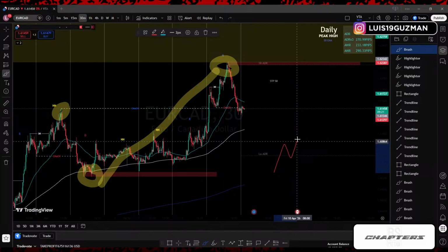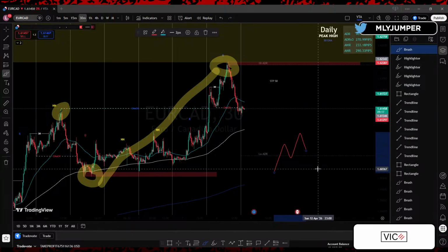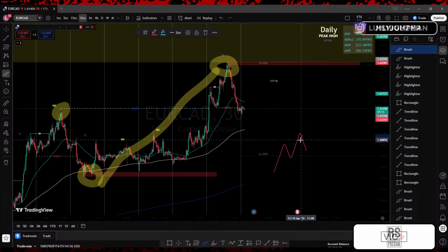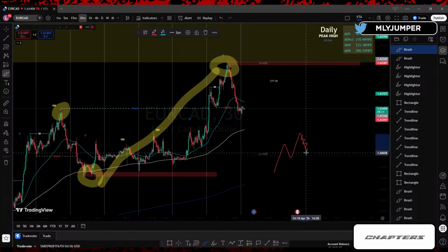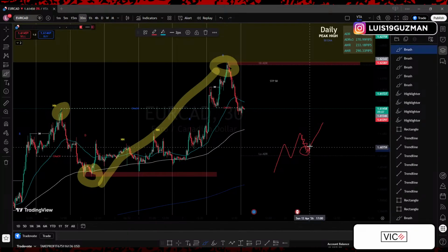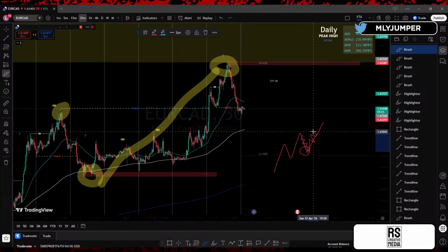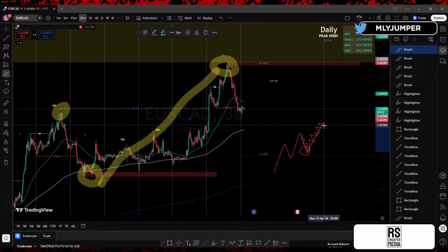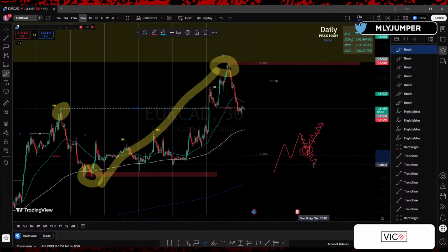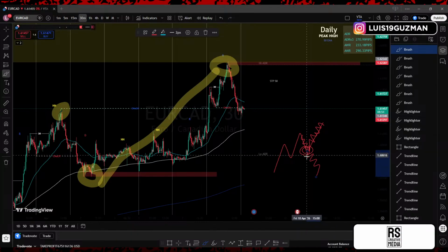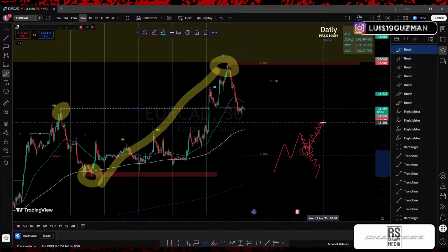In order for price to give you a higher high, higher low point, in order for price to give you a higher low point, price has to give you the lower lows and lower highs on the lower time frame. And then in order for price to go from a higher low point back into a higher high, you need to see price giving you higher highs and higher lows on the lower time frame. If price goes to the higher low point and price continues to make lower lows and lower highs, then you know that price isn't going to continue that uptrend push.